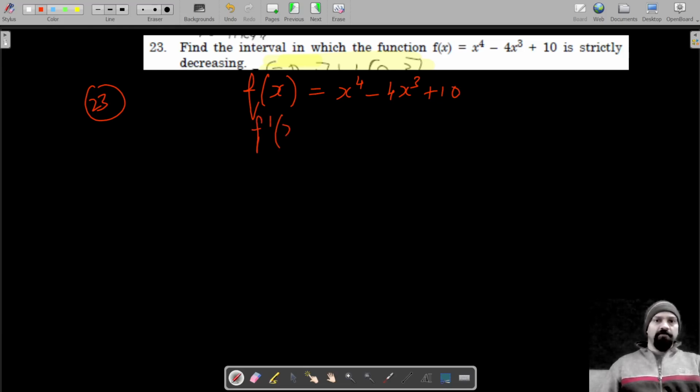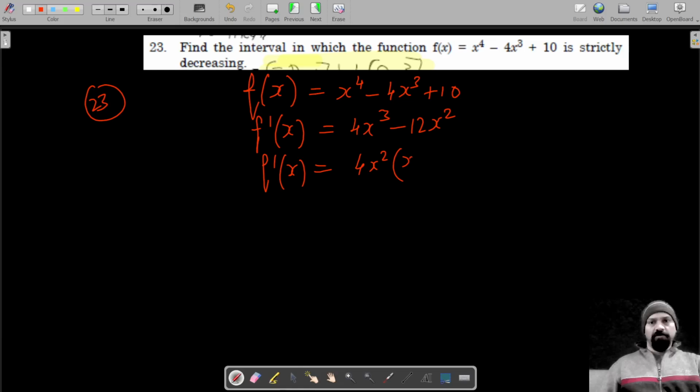Now let's find the first order derivative. This is equal to 4x^3 - 12x^2. So f'(x) is equal to, taking 4x^2 common, 4x^2(x - 3). Now,